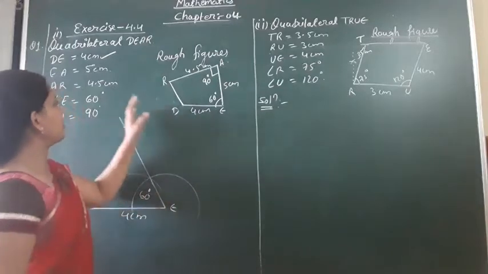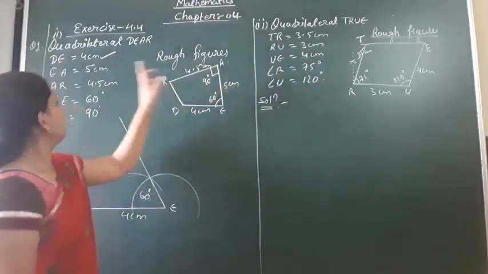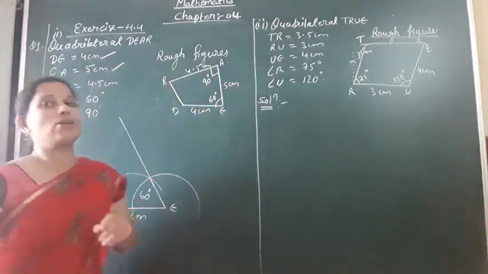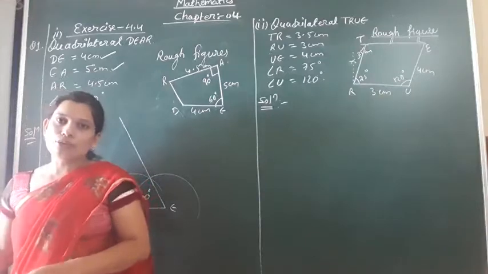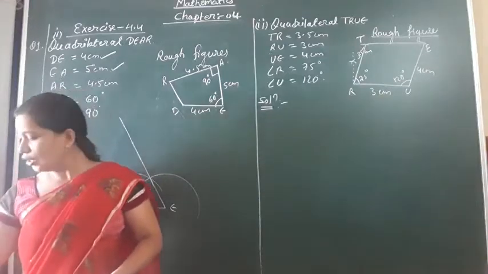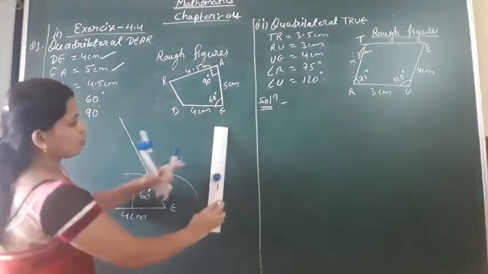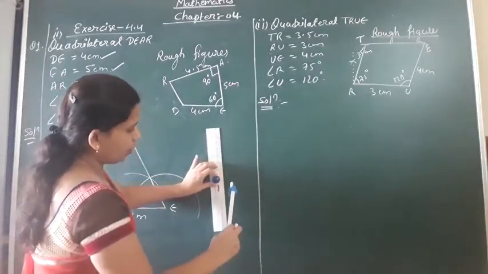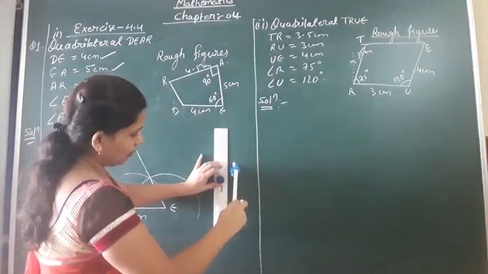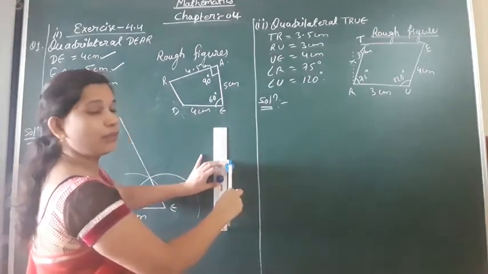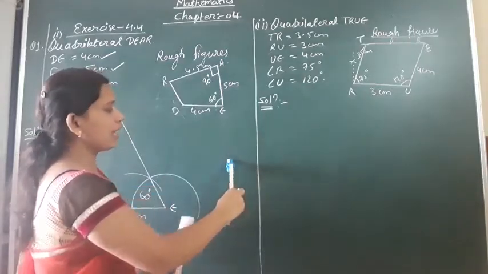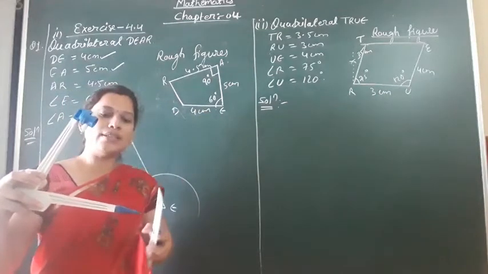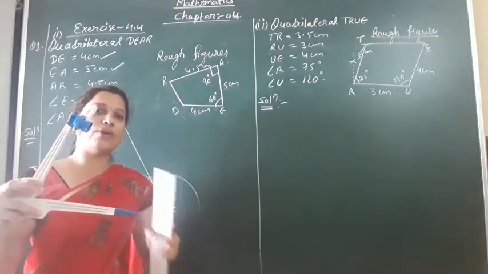Now how many centimeters do we have to take as EA? EA is equal to how much? 5 cm. So on the mouth of your rounder, you have to measure 5 cm so that you can cut this line. Keep the scale on the copy, keep the needle of your rounder at 0 and stretch the pencil part up to 5 cm. Removing the scale, now we have 5 cm on the mouth of the rounder. This is the pencil part, this is the needle.